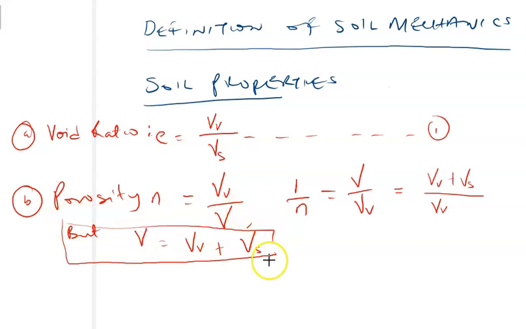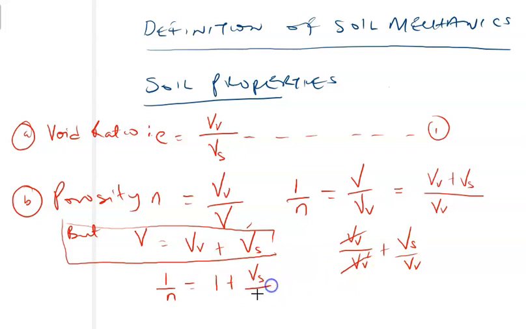Here we have VV plus VS over VV, which is VV over VV plus VS over VV. So this cancels this to give us 1, and we'll have 1 over N is equal to 1 plus